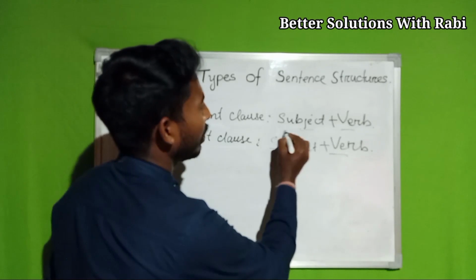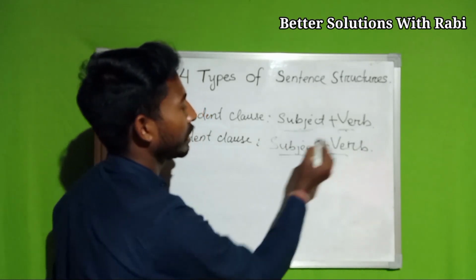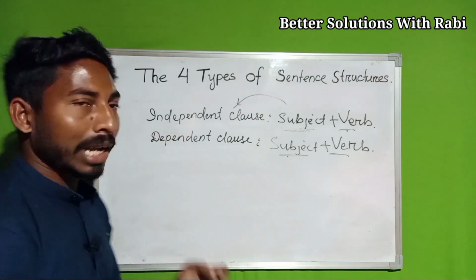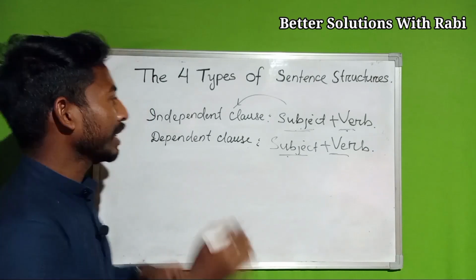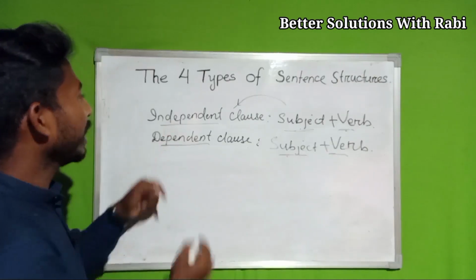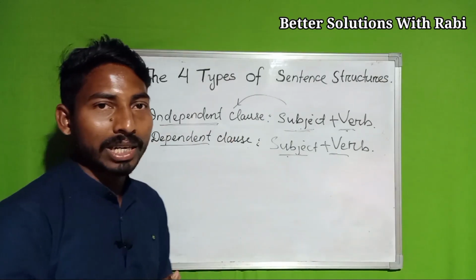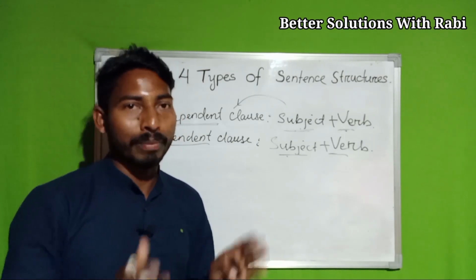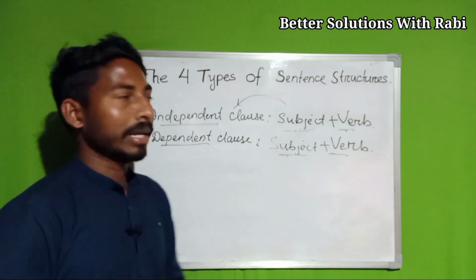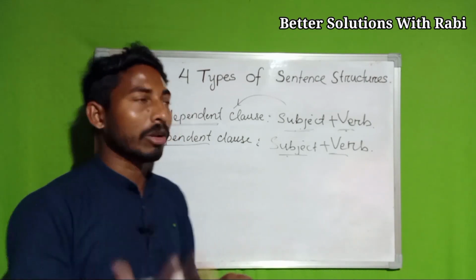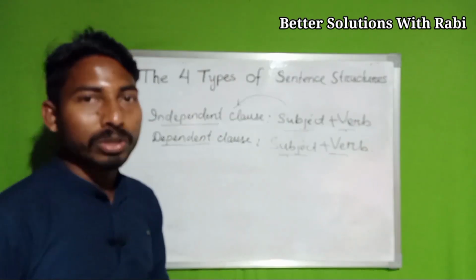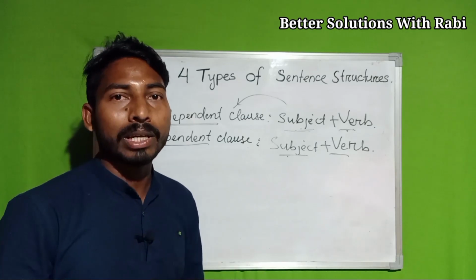We need to understand: if these things are the same here, subject plus verb and subject plus verb, we need to go to the left side to understand. I advise you to go through the names, because the names give half of the meaning of the word. Here, the word independent says that it doesn't require any help from anybody or any other sentences. That means it can give a complete meaning by itself. A sentence that gives a complete meaning can also be called an independent clause. But dependent clauses are those which by themselves cannot give any complete meaning.